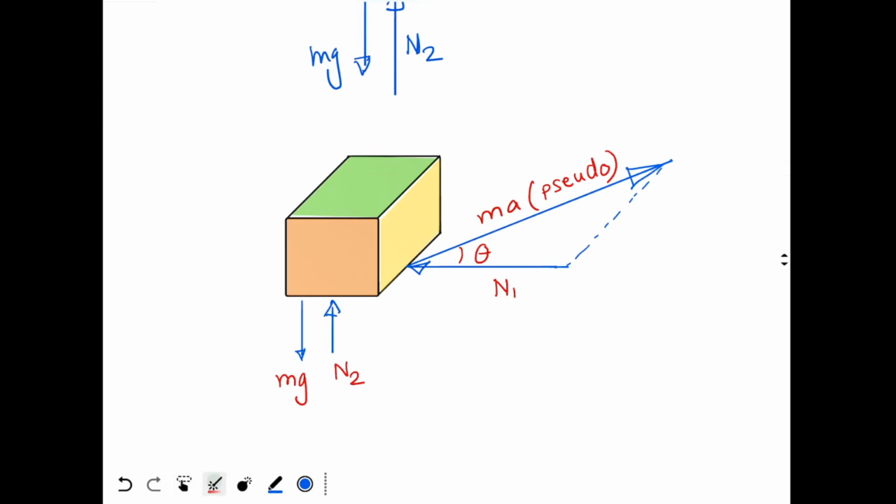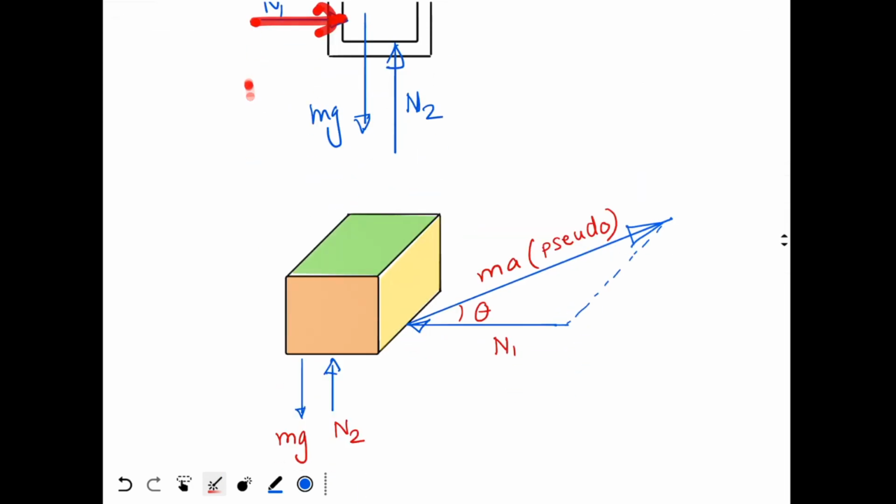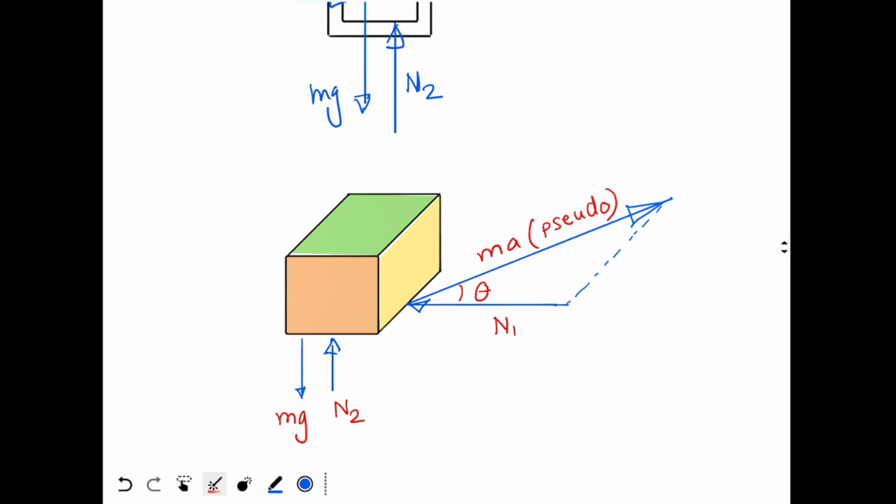So this is how it looks like. This is, let's say, the pseudo force ma over here. This is a normal force n1. Actually, I have reversed the direction of normal force. Here I have applied the normal force n1 from left, while here I am applying from the right. Just because, like, how would you show this on the diagram? So ignore that part. Okay. So this is a horizontal normal force because of this pseudo force. Then this is a vertical normal force because of mg.